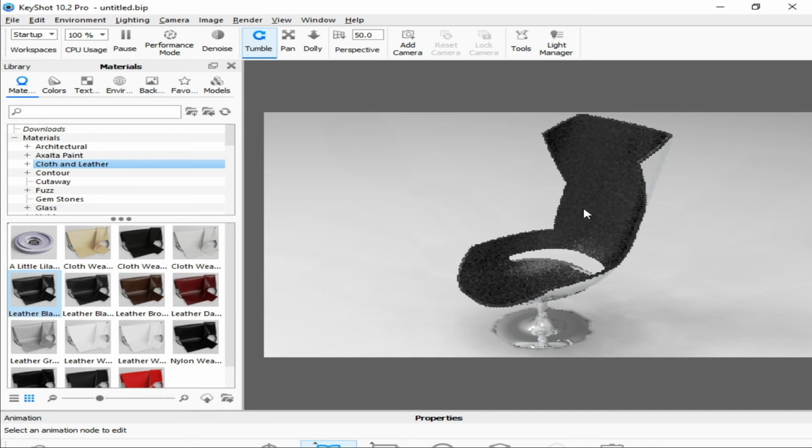After that, we are going to apply some texture on it. These are the textures. If you want this texture, you can simply click and drag it and go to the 3D model where you want to apply texture. It will give you many options. You want to diffuse it, you want to sheen it, you want to bump these on your 3D model, or you want opacity. These are all the options. You can select another one.